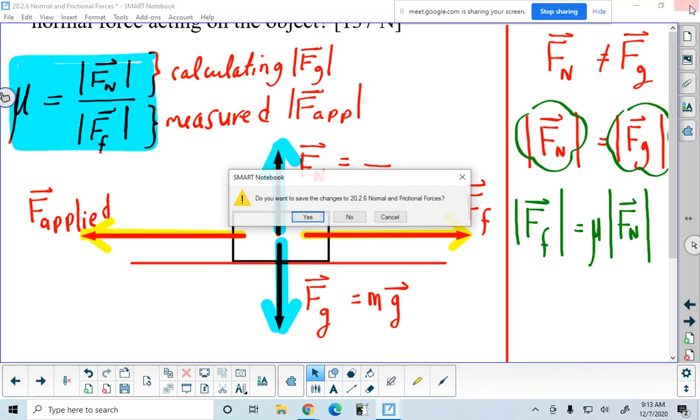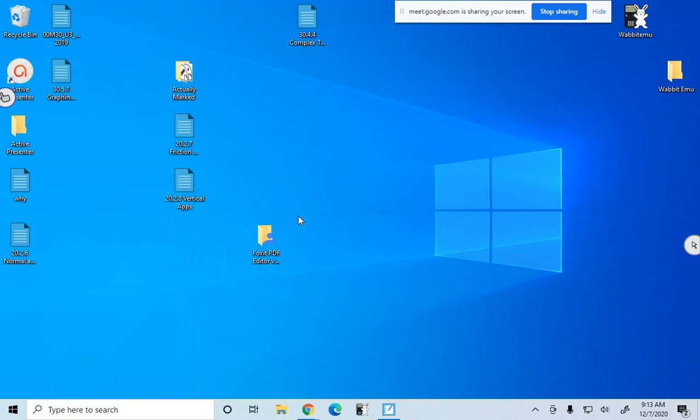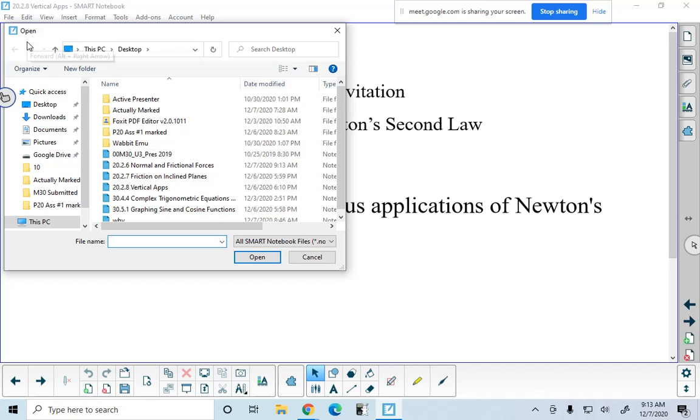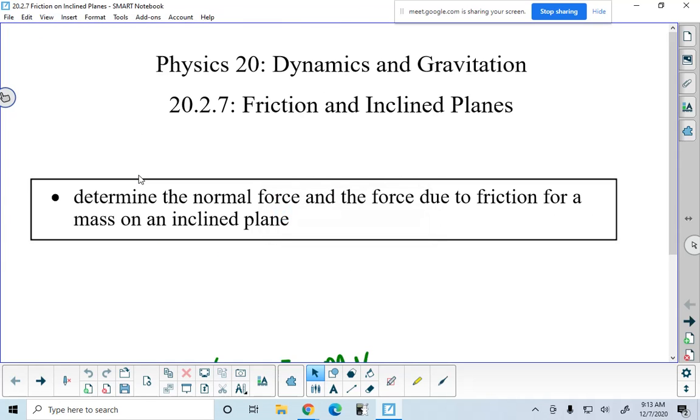So we're going to be moving on now and looking at frictional forces that are on what we call inclined planes. So this is section 20.2.7. Let me pull up the file. This is section 20.2.7, which deals with friction and inclined planes. So we're going to be talking here about calculating 2 things today in this lesson, and then we're doing a second lesson later on this morning as well. So we want to be able to determine the normal force and the force due to friction